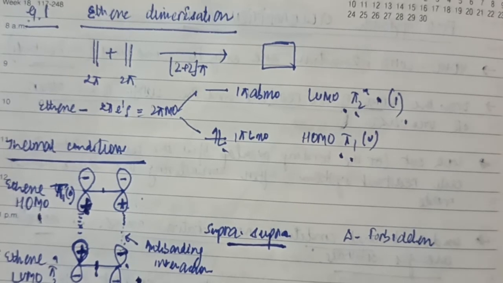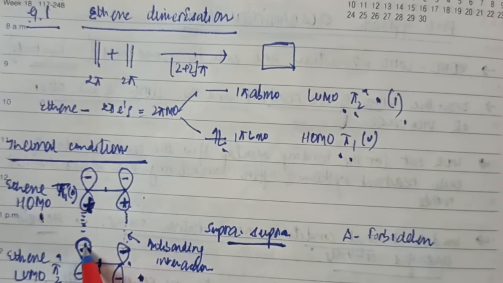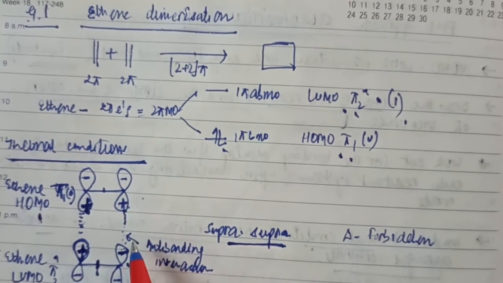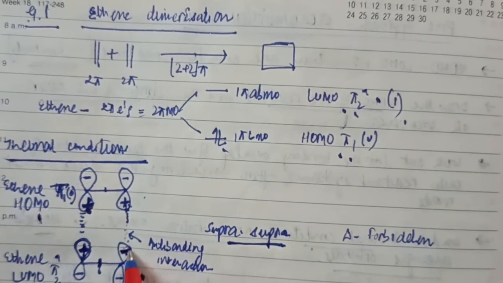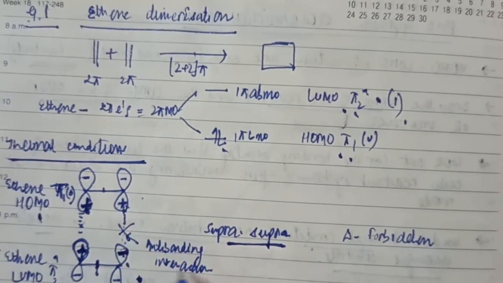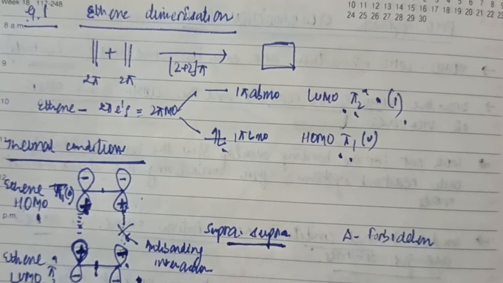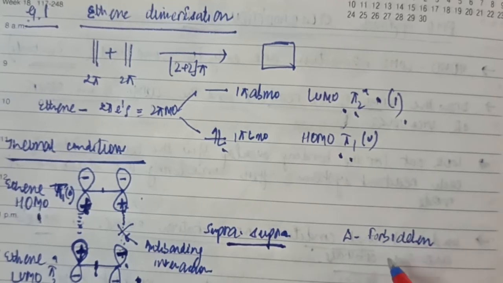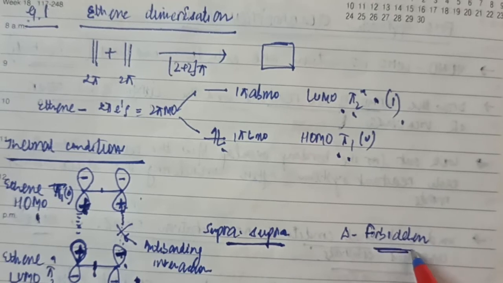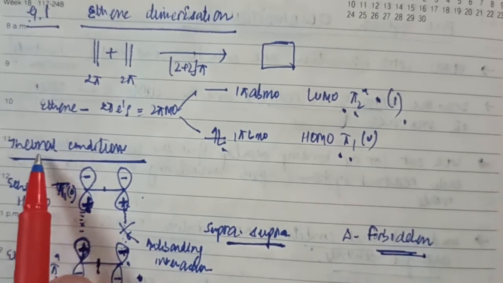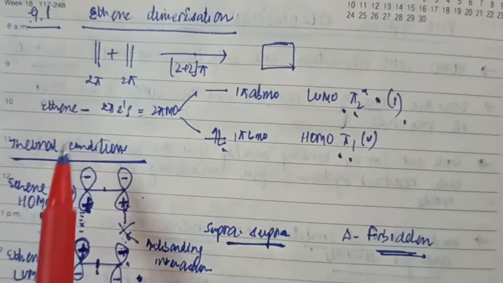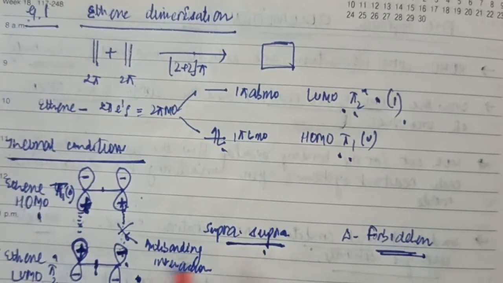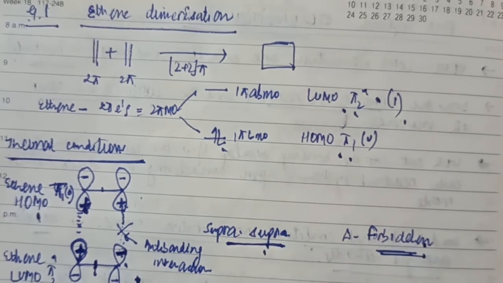Let's see what kind of interaction this produces. Positive overlaps with positive, a bonding interaction. But this positive overlaps with this negative in the supra-supra interaction, and once positive overlaps with negative, there is an antibonding interaction. Since there is an antibonding interaction, even if only one, this reaction becomes forbidden. So I say this is a forbidden process. Under what reaction conditions? I've not excited anything, so these are thermal conditions, and the supra-supra 2+2 cycloaddition reaction is thermally forbidden.